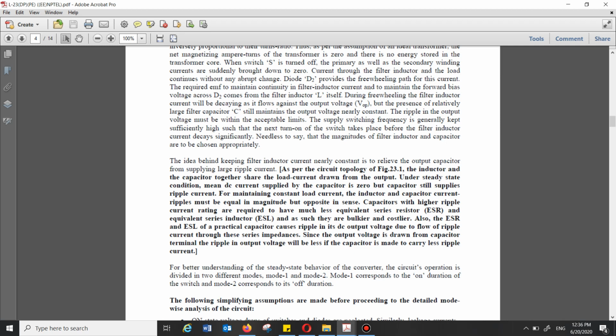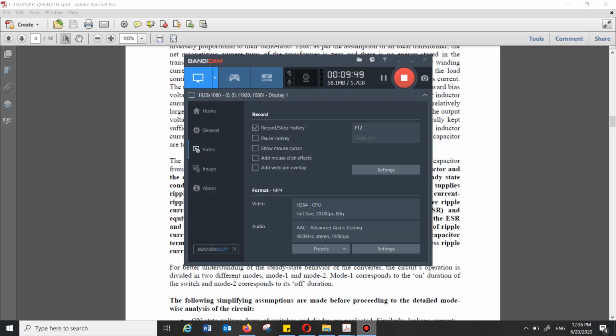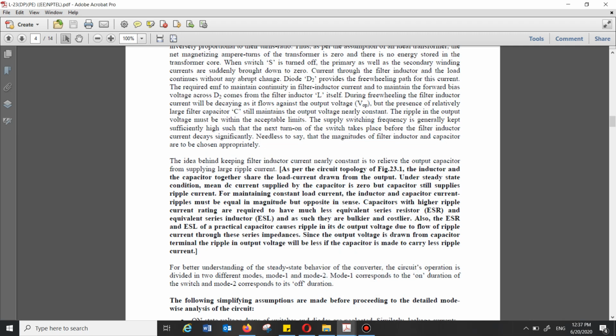Since the output voltage is drawn from the capacitor terminal, the ripple in the output will be less if the capacitor is made to carry less ripple currents. Yeah, pretty important. This paragraph is very important from the viewpoint of the quality of the output. We need to utilize the capacitor